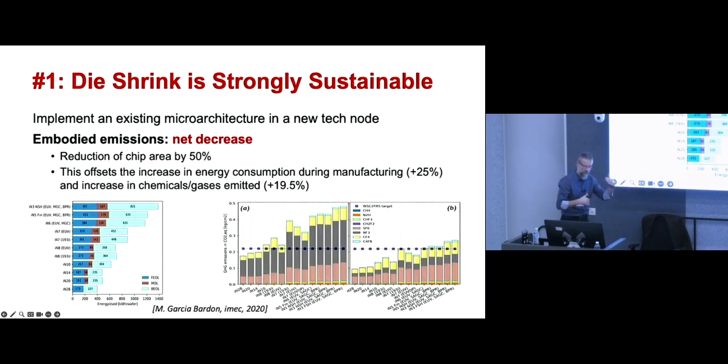If we assume a new generation takes about 2 years, today it's taking more than 2 years, but if we assume about 2 years, then that's an increase of 25%. And chemicals and gases is around 20%, going from one tech node to the next. So chip area decreases by 50%, but manufacturing per chip area increases by about 20%, so we end up with a net decrease. So the embodied footprint, as a result of die shrink, would actually lead to a net reduction